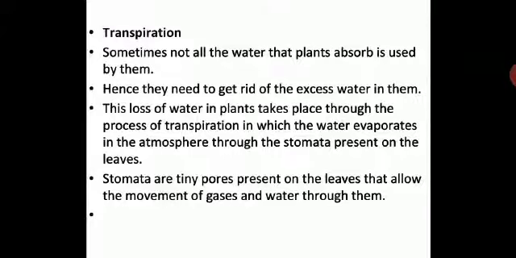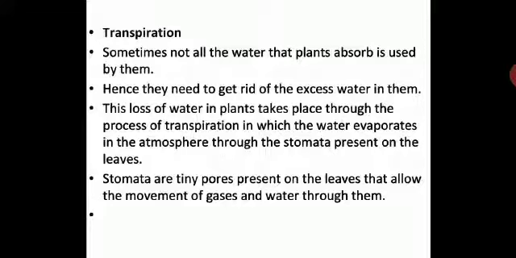So let us see a very important part of excretion, that is transpiration in plants. As animals excrete all the toxic waste from the body, that is eliminated. Similarly, plants have to give out the unwanted waste, that means what is not required by the plants. That process is called transpiration. Sometimes not all the water that a plant absorbs is used by them. So basically, as we do urination, they do transpiration.